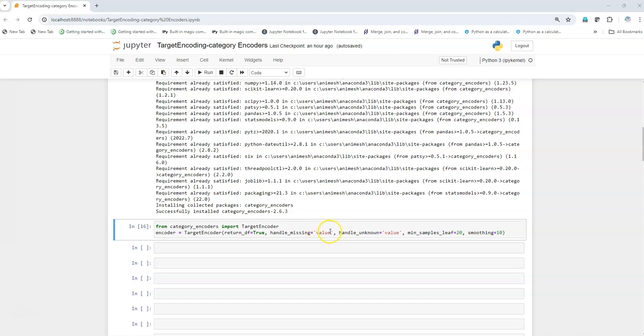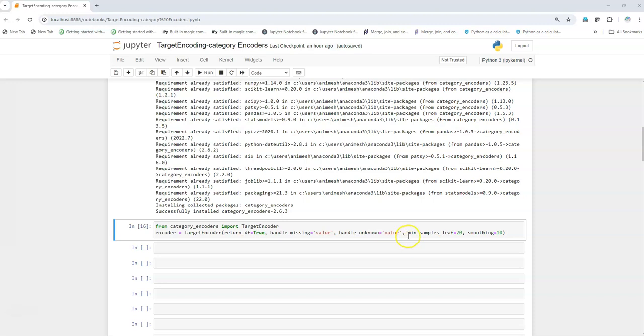Here by default it is value, so that means it will give the mean of the target variable to that particular value in the categorical variable. Handle unknown is also value, that means it will also give the overall mean of the target variable, as in our case it is the tip column which is the target variable,